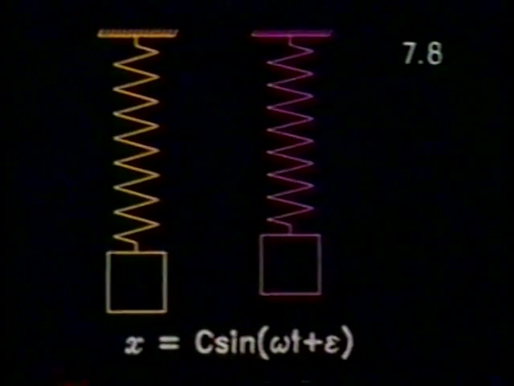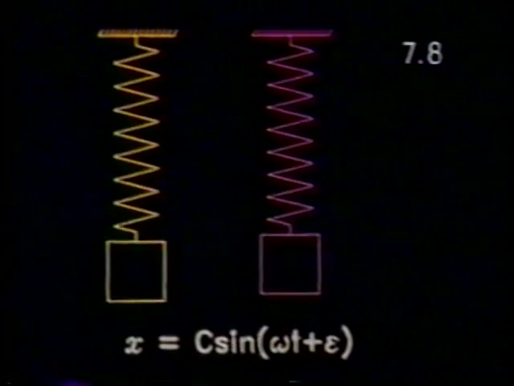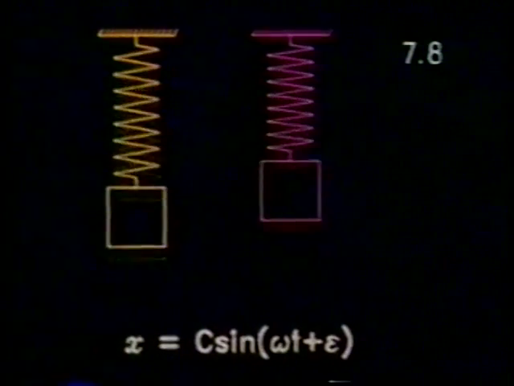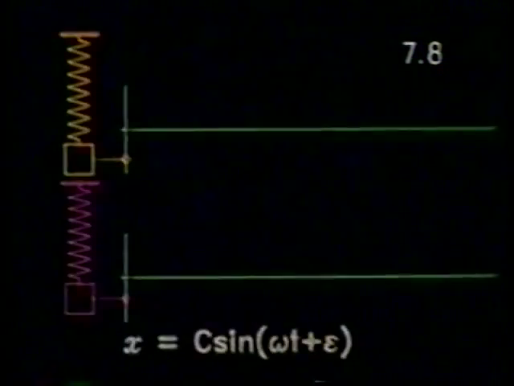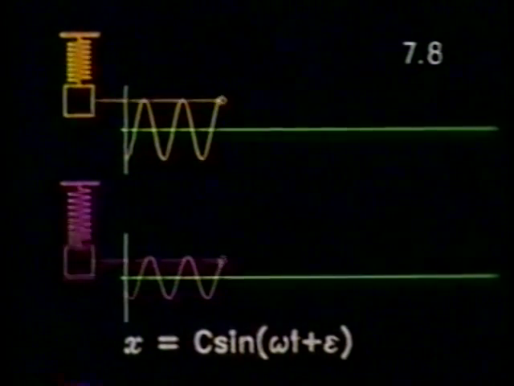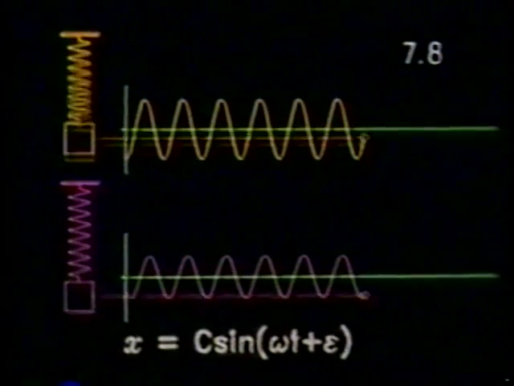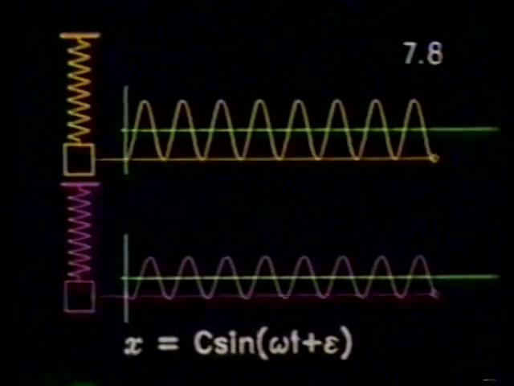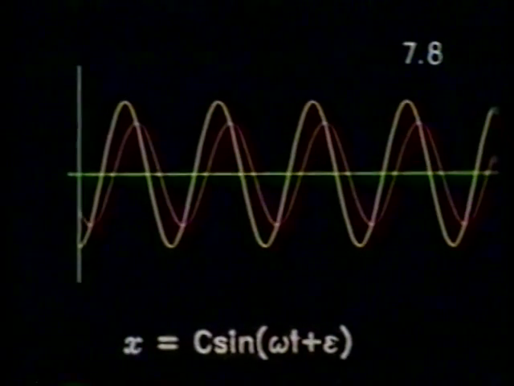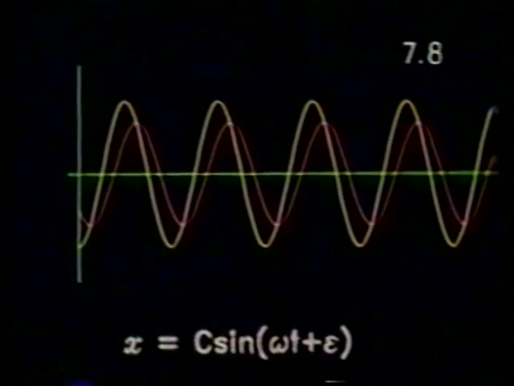Different initial conditions. Frequency depends only on the characteristics of the system. See, in the first the amplitude is bigger, frequency seems to be the same. So only K over M is the same. Oh, no, this is also good. If you shift a bit on the line,